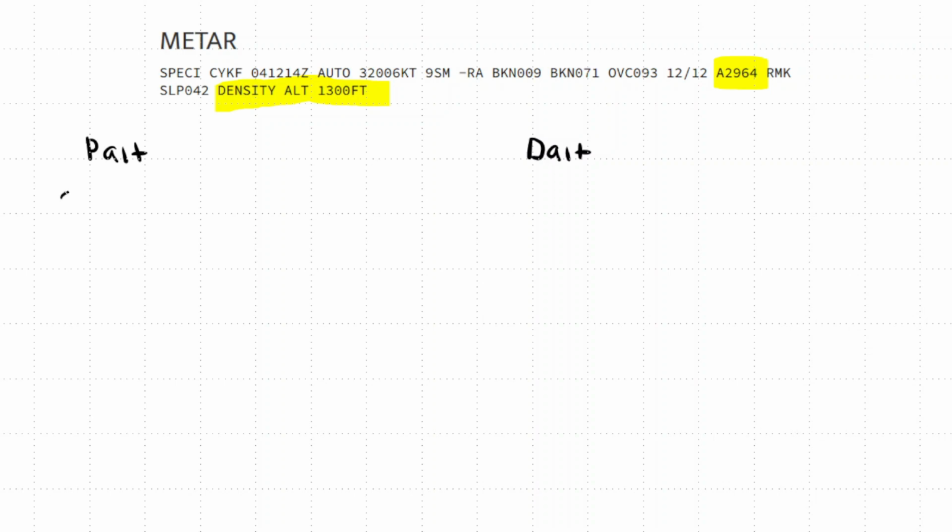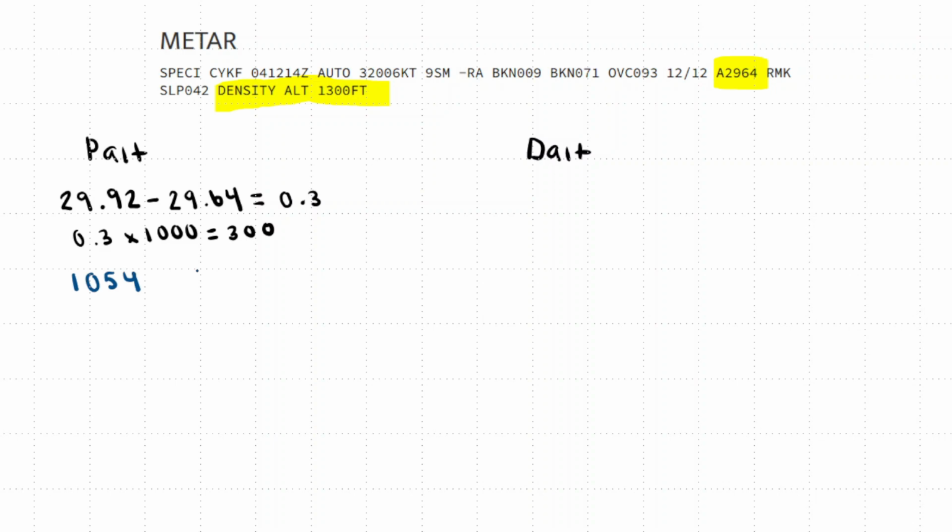So to calculate pressure altitude, we take our standard atmospheric pressure, right, which is 29.92, and we're going to subtract what we have here. So we're going to subtract 29.64, and this is going to help us figure out how much we need to correct our altitude by. So what we get from this is 0.3. So our next step here is to do 0.3 times 1,000 so that we could figure out how many feet we're going to correct by. We get 300 feet. And I like to think of it as there's no negative here, so this means that we're going to be adding 300 to our elevation, and CYKF's elevation is